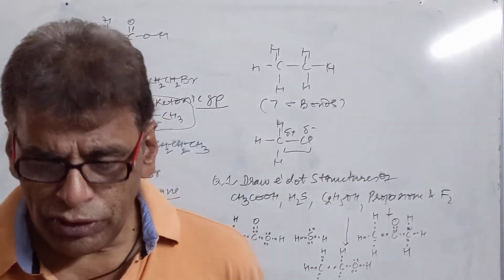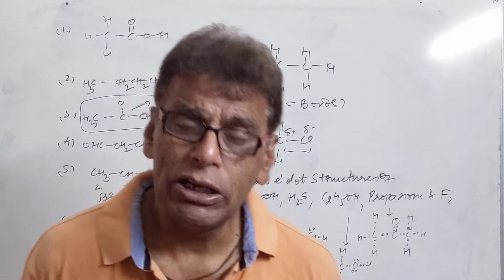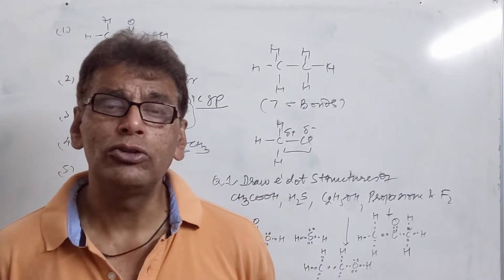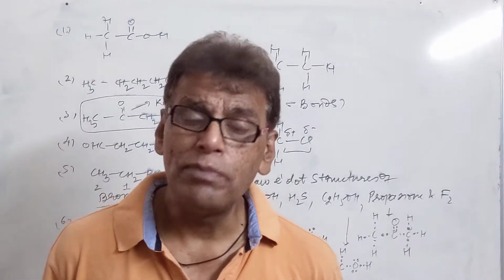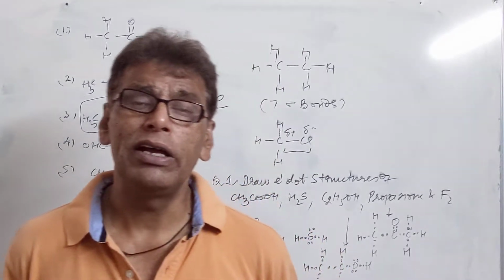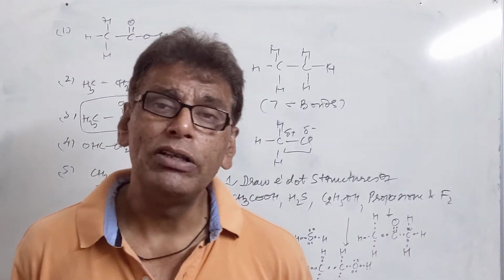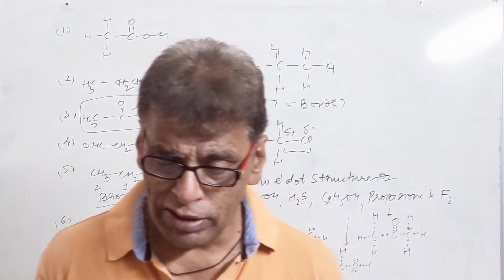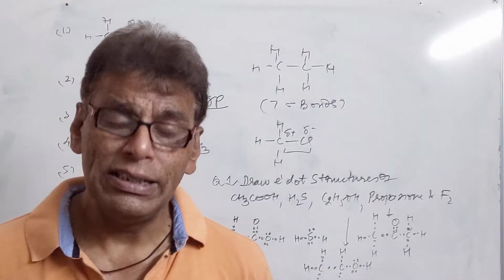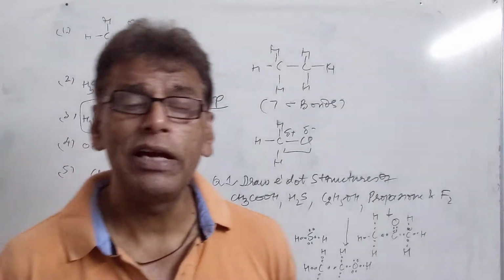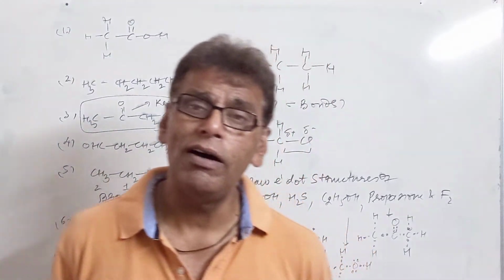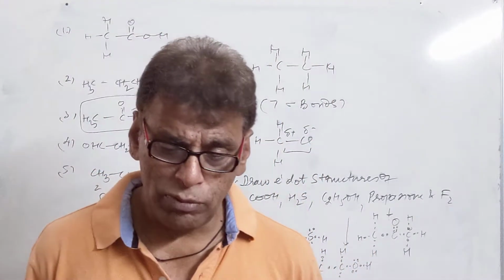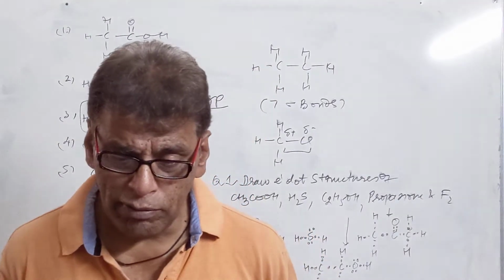Then we have C2H2. It has an equal number of carbon and hydrogen, so it will have a triple bond. These molecules react at a very fast pace with bromine water, alkaline KMnO4 or chlorine water, due to high unsaturation in this case. Then we have methane. Methane will not react with bromine water or with alkaline KMnO4.